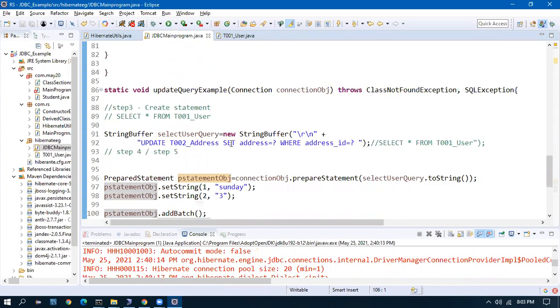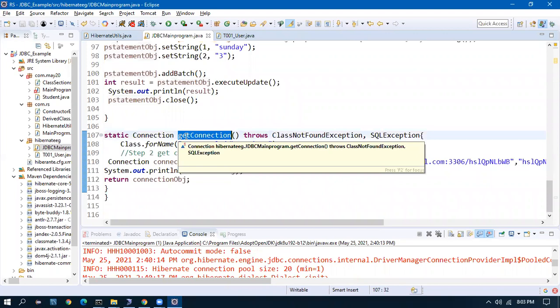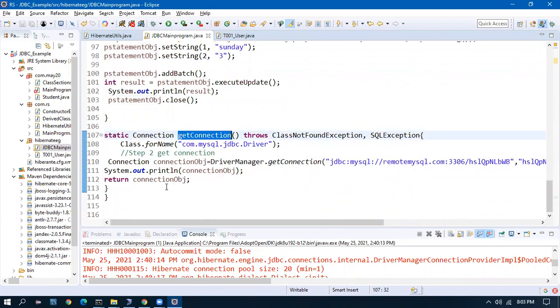Okay, so we had written this program earlier. We used get connection method to retrieve a connection using class.forName. So that is a traditional way of doing it. So with Hibernate, let us see how do we do it.